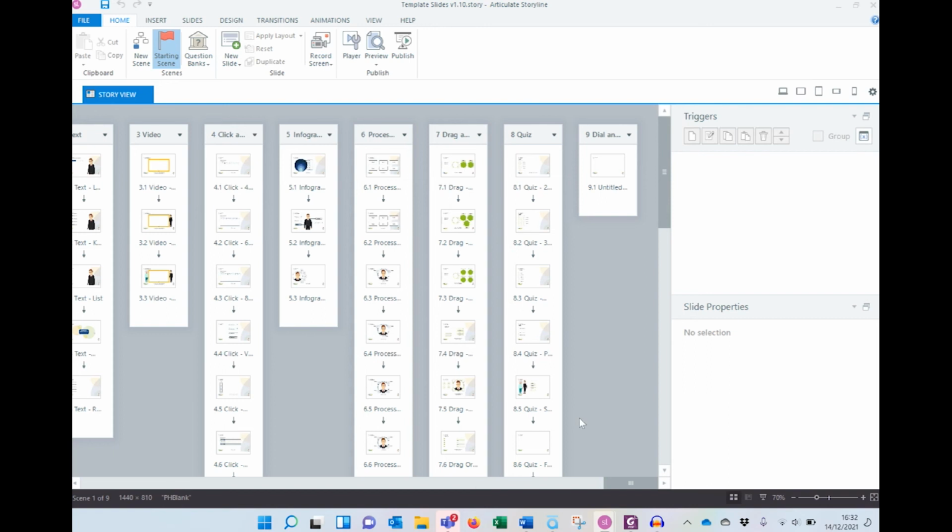And basically all this helps with the development process, and it also really helps with the storyboarding process that comes before the development as well. So like I said, the first module we'll build out on the fly, as we go. From the second module onwards, it becomes a bit more of a process. We've already got a lot of the template slides that we can work with, and then